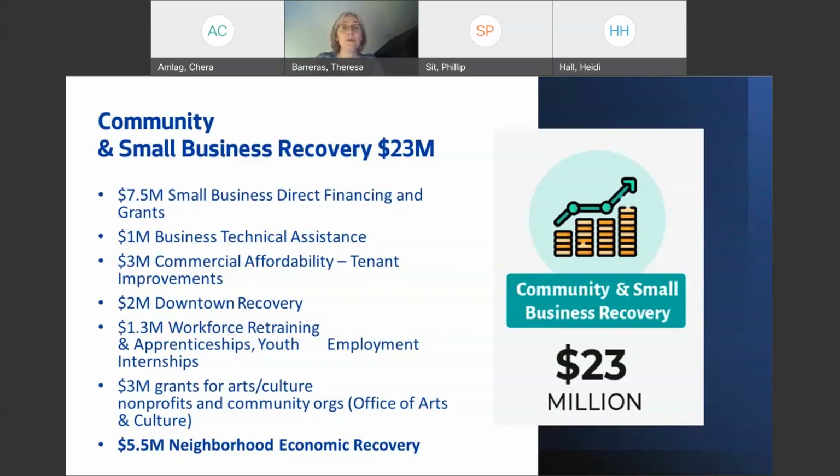We will have new offerings for business technical assistance with about $1 million there. We will have some new funding for commercial affordability and tenant improvements. And there's also funding going to downtown recovery programs, some funding to workforce. $3 million is going to the Office of Arts and Culture for some nonprofit community org granting. And then $5.5 million is being focused on this Neighborhood Economic Recovery Fund.